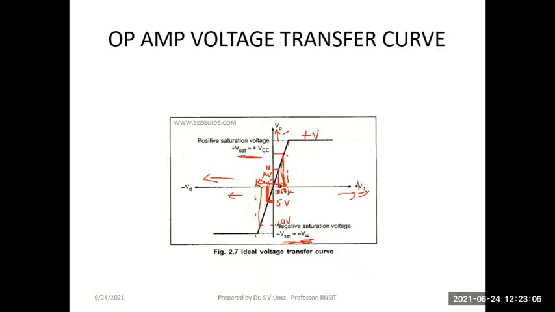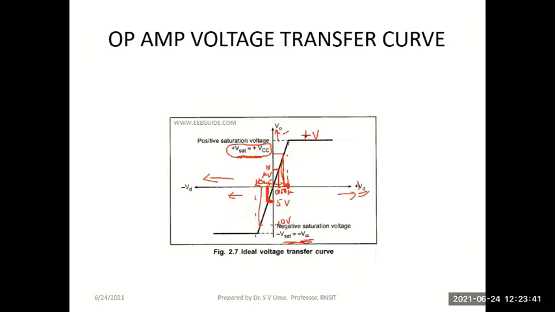So what is that major problem? Once it reaches some voltage level, say 1 microvolt or 2 microvolt, the op-amp output becomes constant, or it saturates. The op-amp goes into saturation because of the bias supply which we give. The positive bias supply is plus VCC. So when the output voltage reaches that level, the output cannot increase beyond that.